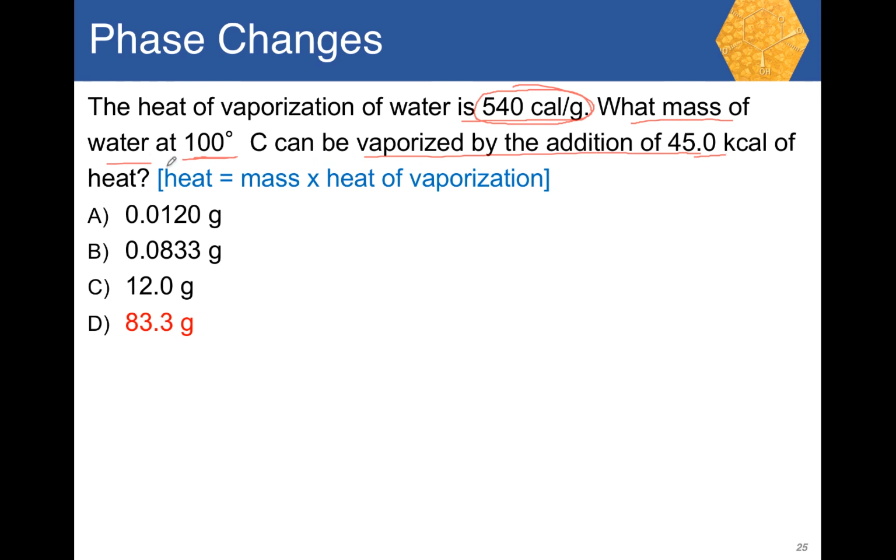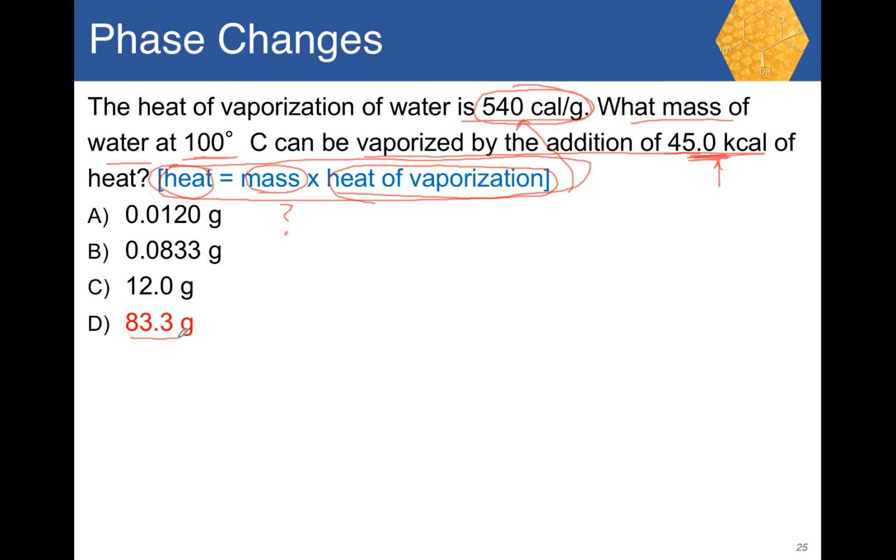So again, what we're asking is, did you understand this equation? Do you know how to utilize that equation? So now we have the heat, which is right here. We do not have the mass. We need to calculate the mass. But we do have the heat of vaporization, which is 540. So you plug that in, and what you'll get over here is